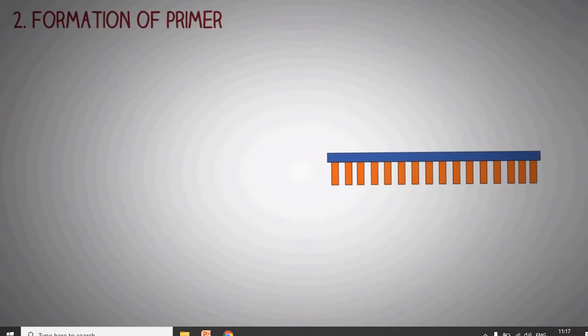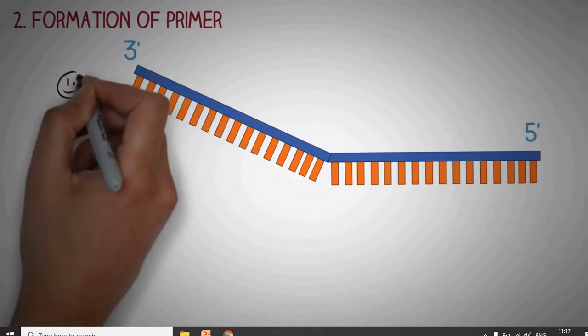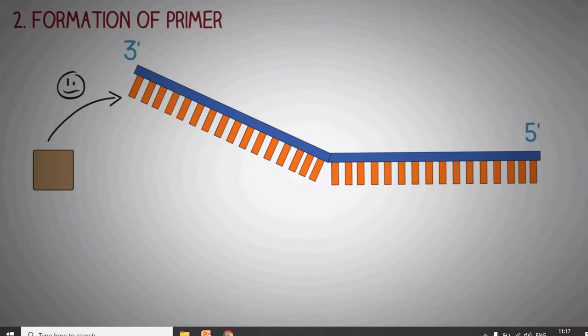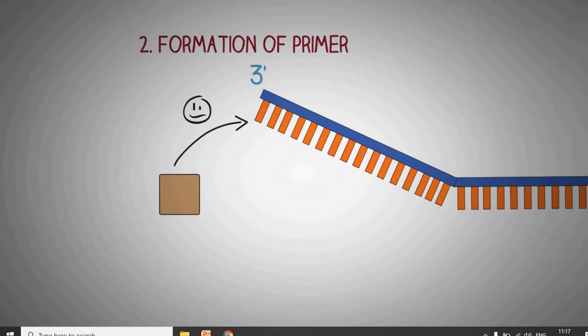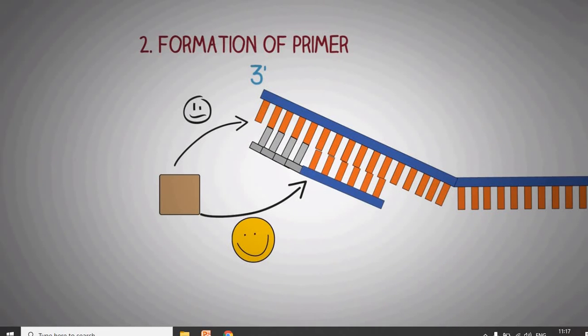After the formation of the replication fork, the next important step is the formation of the RNA primer. The DNA polymerase enzyme can only add new nucleotides to the 3' end of an existing nucleotide strand, which basically means that the DNA polymerase cannot start synthesizing new DNA out of nowhere. It requires a short segment of nucleotides so that it can add new nucleotides at the 3' end of this sequence to form the new DNA. This problem is solved by the enzyme RNA primase.